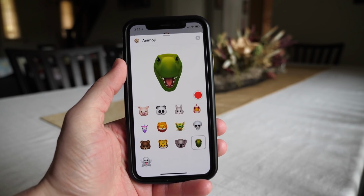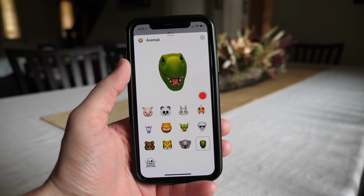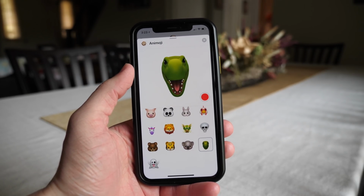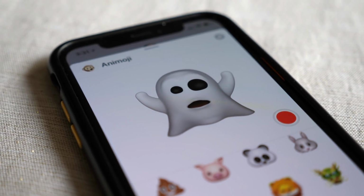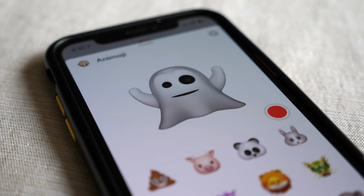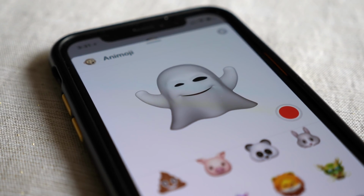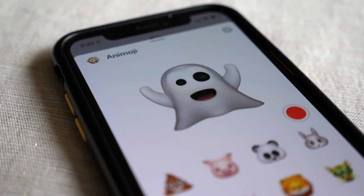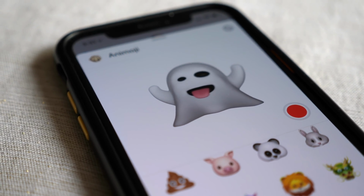T-Rex out of all these may be my favorite just because it looks a little bit menacing, looks a little bit adorable, probably somewhere in between realistically. And then finally Ghost. This immediately reminds me of Snapchat, but I like the animation, and you can't really do anything with its arms but shake around, and you can make the eyes a little bit bigger or smaller and even like generate eyebrows. The tracking with Animojis has been really great, and it continues to be really great in